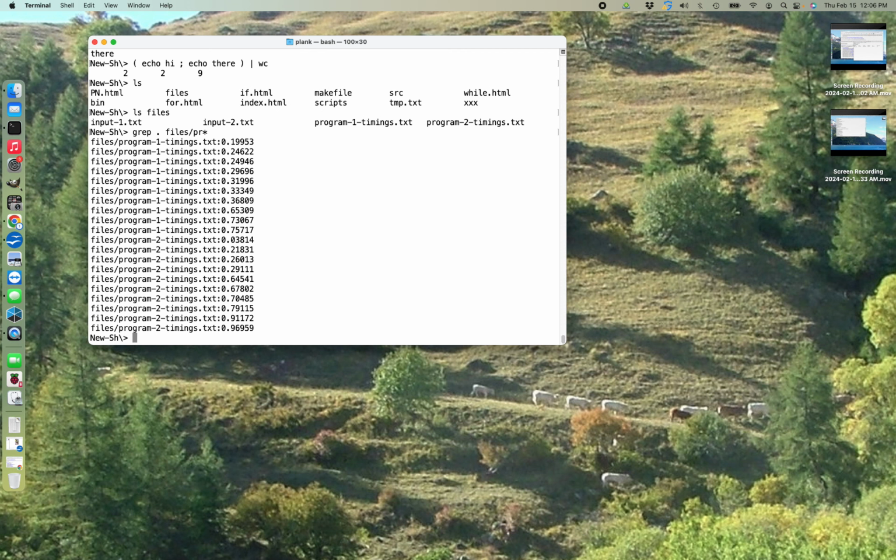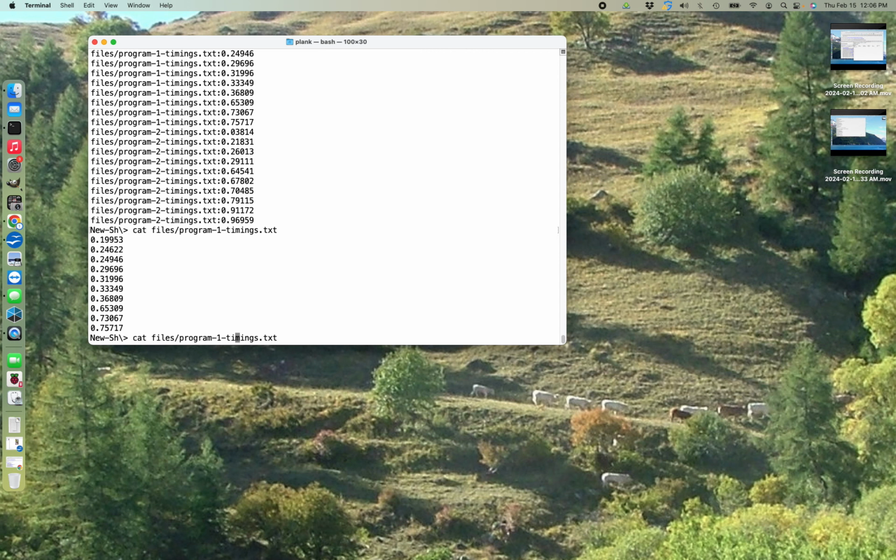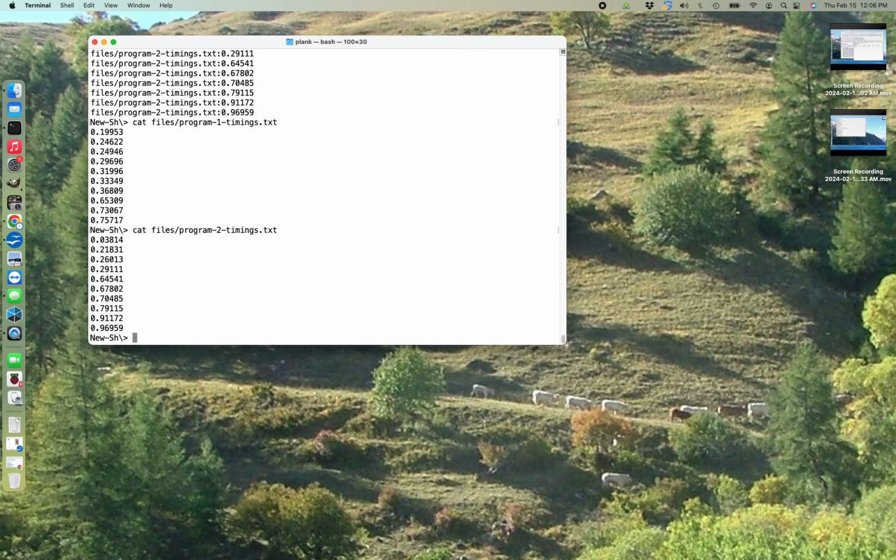And now let us suppose what I want to do, maybe for JGraph reasons, I want to print, here, let's just cat here instead, files, program 1, and then program 2. Okay, let's say I want to print out the first line of each, and then the second line of each, and then the third line of each. It's kind of a pain to do that, right? Okay. So here's something you can do to do that.